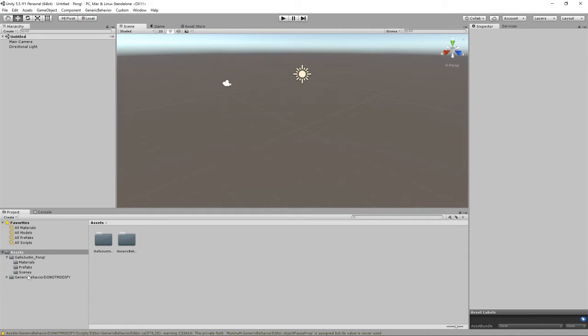So we have a project with generic behavior in it right now, and I have my little portion of the project. This is the package for generic behavior. This is where my project's going to be. And in this video, we're going to start creating the pieces we need for Pong. We're not going to give them functionality, but we're going to start putting them in the scene so that we